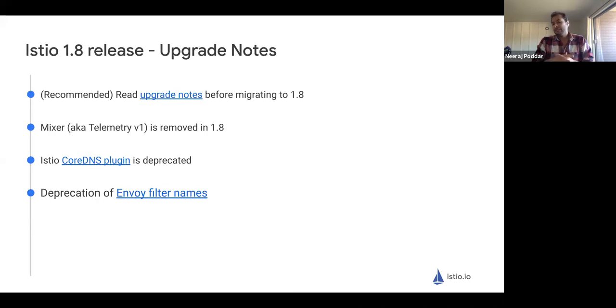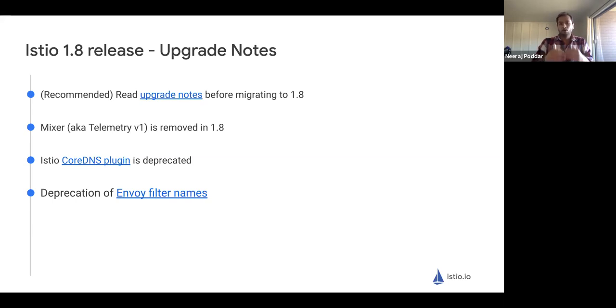I'm just highlighting 3 key things that folks should be aware of. First is Mixer is actually removed in Istio 1.8. We have been talking about Mixer or telemetry v1 being deprecated for 2 releases now. I think in 1.6, we had officially made telemetry v2 the default telemetry mechanism, but v1 was still supported. In 1.7, it was officially deprecated, and now we have removed it.